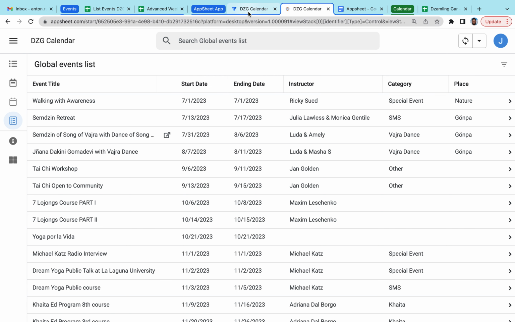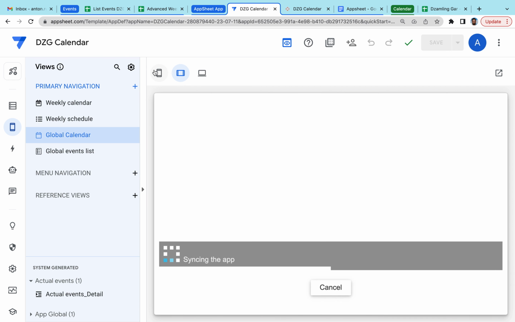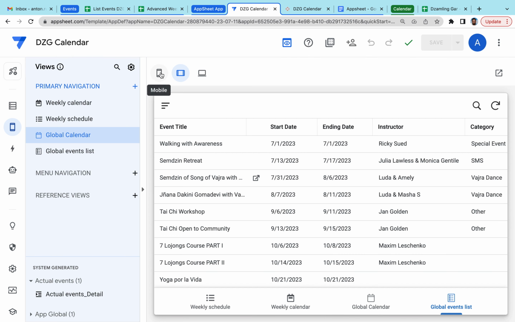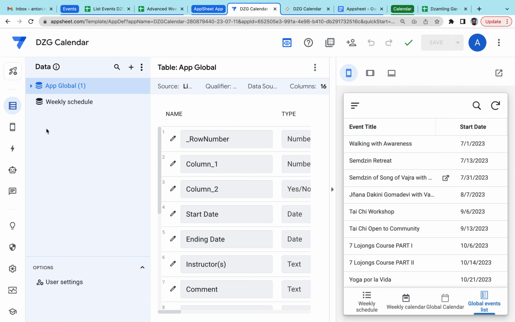Now, how this application is created. So this is, let's say, the application builder. It's basically AppSheet itself, the Google product or Google service that allows us to create this application. And the logic of this product is super simple. So basically, you have two main things. One is the data, the sources of the data, and in our case it is two spreadsheets.